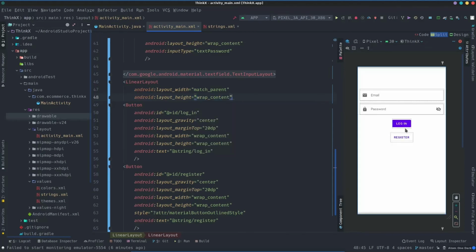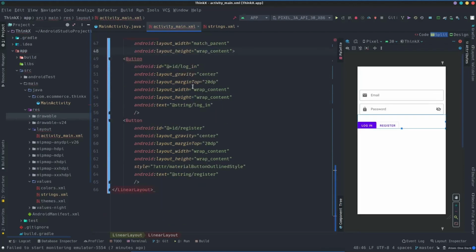So the content is these two buttons, and I don't want this linear layout to extend to the whole screen. I will just do something like this, and this ending tag should contain these two buttons as the child element, right? Something like this. That's what I wanted to achieve.